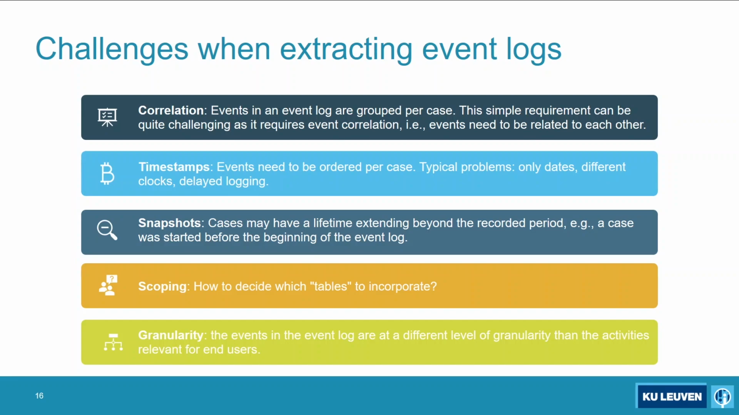But if these case IDs are not there in your different systems, of course you have a problem, right? So that's the problem that we denote as correlation. How do you make sure that events that you collect in a wide variety of systems, in a wide variety of databases, are brought back to the level of an event log where you assume that every event pertains to a case? That's not an easy task